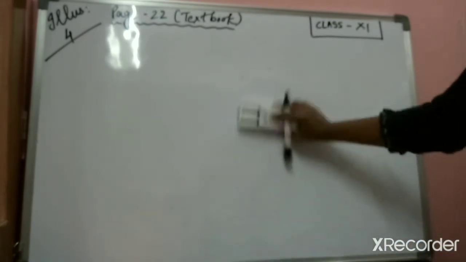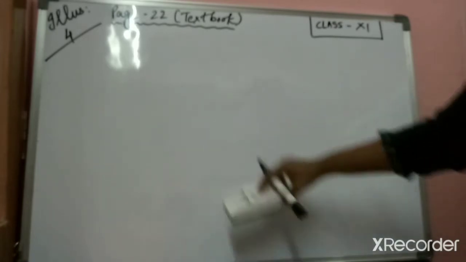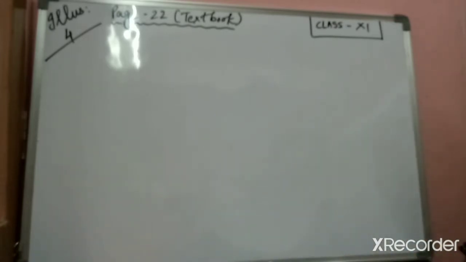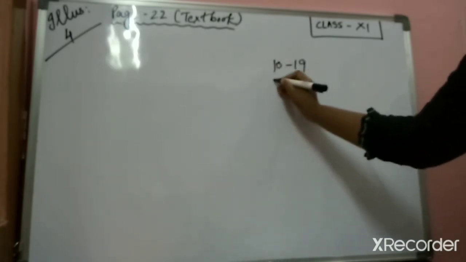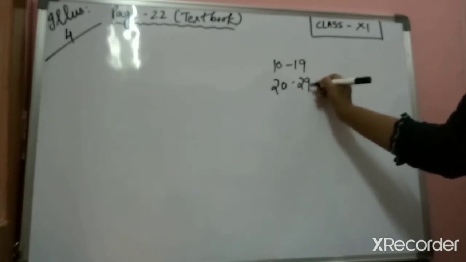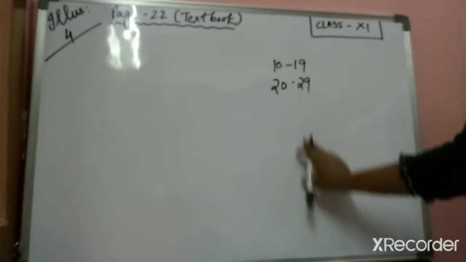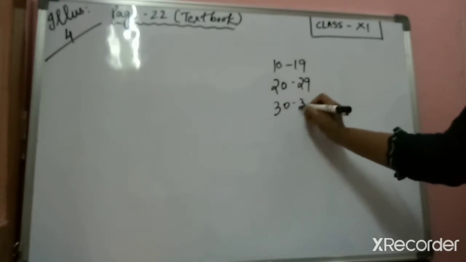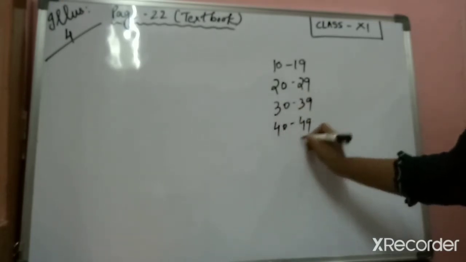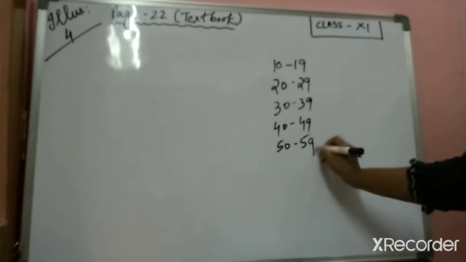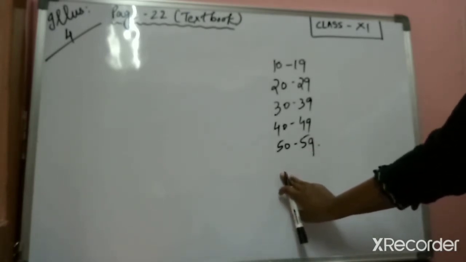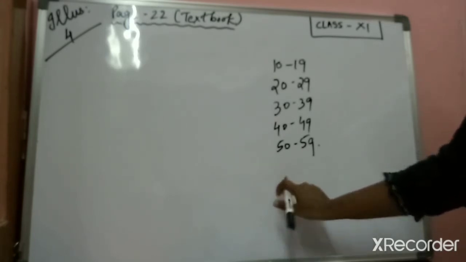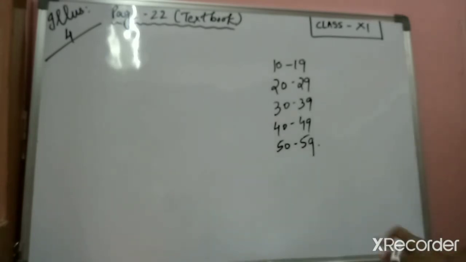So let us take any one of the classes from the previous illustration's data. Say for an example, the first class was 10 to 19, and second was 20 to 29. This was inclusive data. Like this it was going on. Then we had 30 to 39, 40 to 49. Like this it was there in illustration number 3. Now in illustration number 4, exclusive classes you have to find out. So say for an example, let's do it. Turn your page to page number 19.